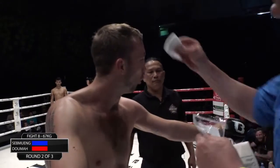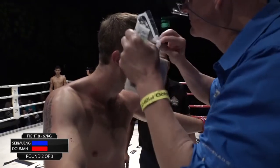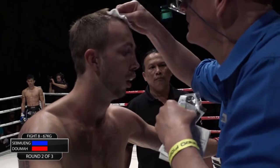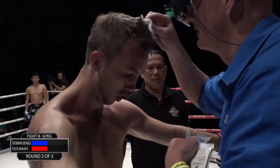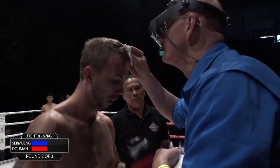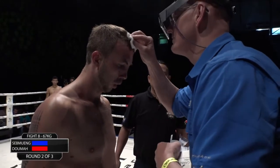Certainly do. And just see Sebmueng there waiting in the corner. Very businesslike. As Douma receives some treatment in his corner for that cut. He'll be good to continue, and no doubt they'll bring out the Vaseline here, Jimmy White. Oh, I think they will. You know, it's interesting because that shot there looked like it missed, but it was